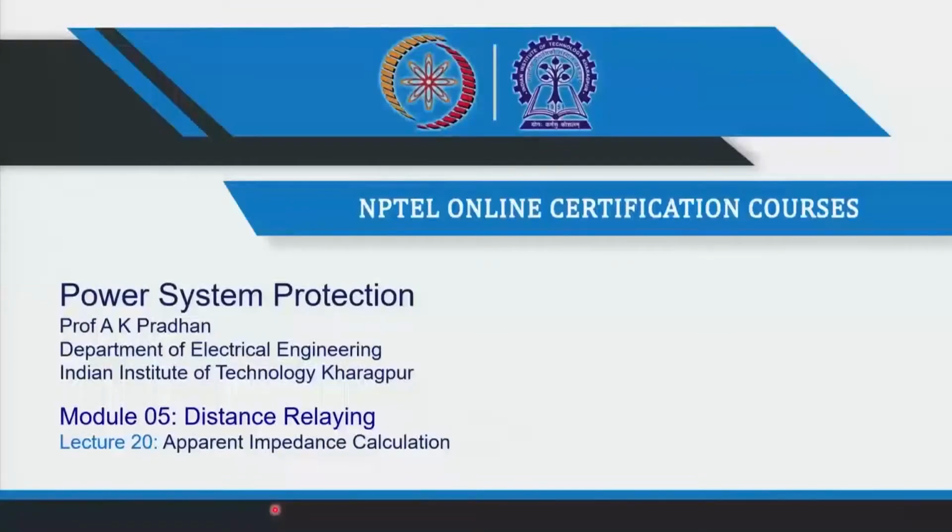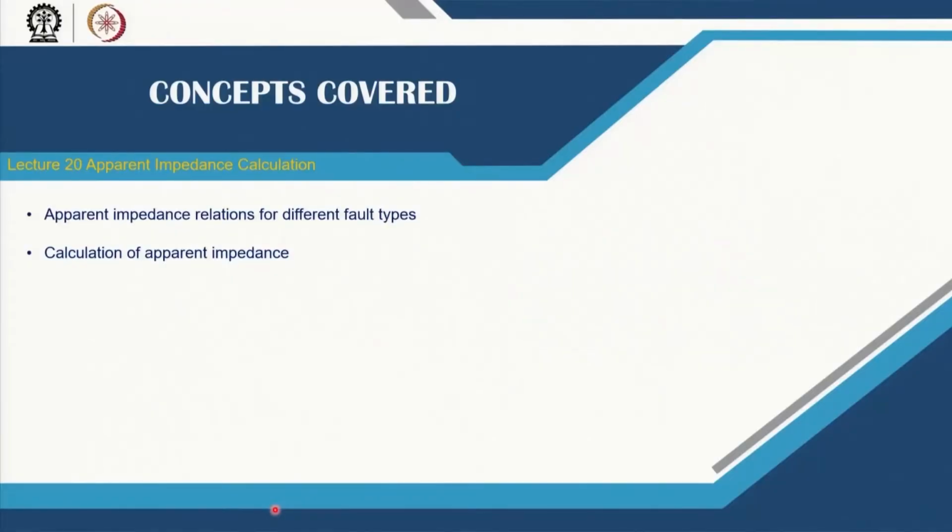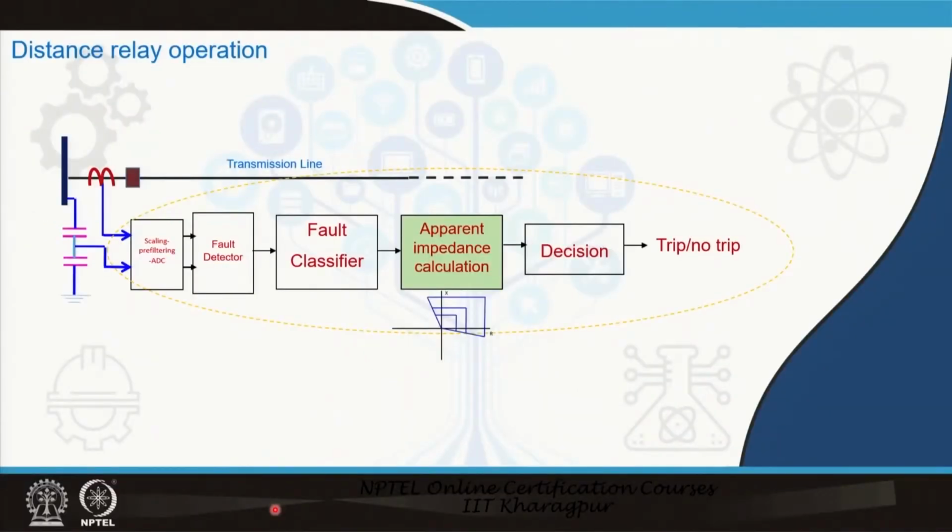Today we will continue with the distance relay lecture on apparent impedance calculation. Our focus will be on apparent impedance relations for different faults. Last class, if you remember, we had the basic configuration of a distance relay having different steps: